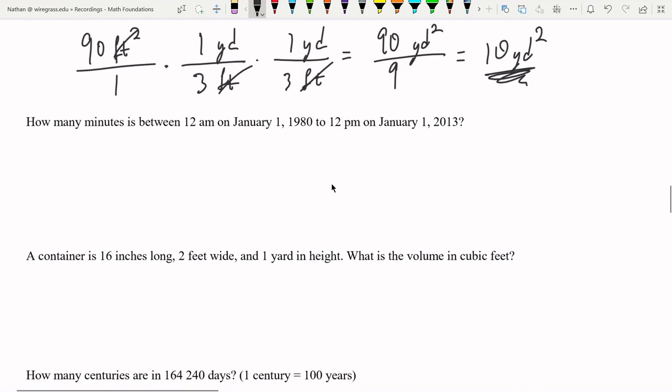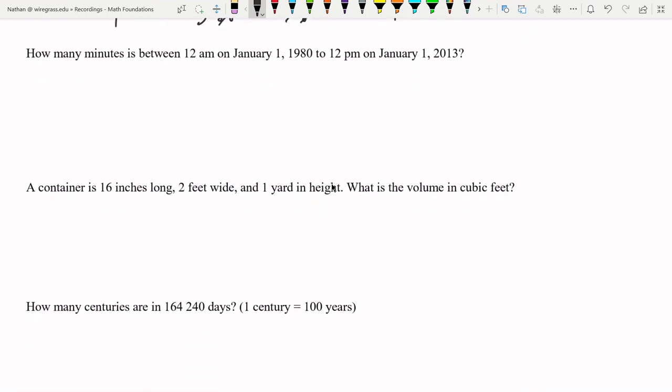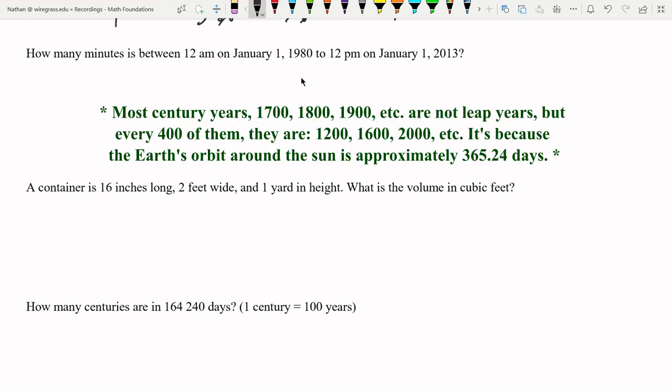Okay, how many minutes is between 12 a.m. on January 1st, 1980 to 12 p.m. on January 1st, 2013? So there's a couple of things we have to know about this. The first thing that occurs to me is, is there a leap year in here? Of course there are. 1980 was a leap year, and then that means every 4 years, so 84, 88, 92, 96,